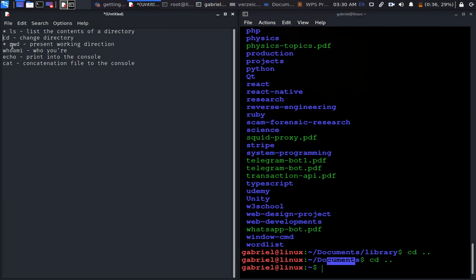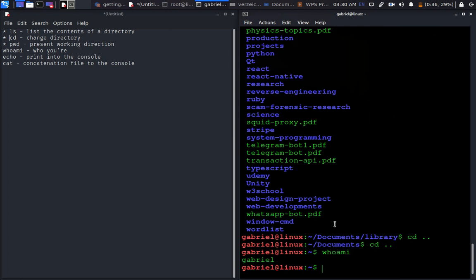So I've actually talked about that. Now, whoami. The whoami command lets you understand who you are on the computer. If you say whoami, you can see it says Gabriel, which means it is Gabriel that is logged in right here. So let me just show you that. Maybe I switch from